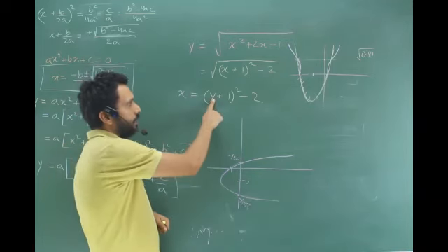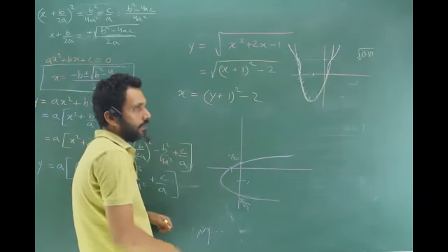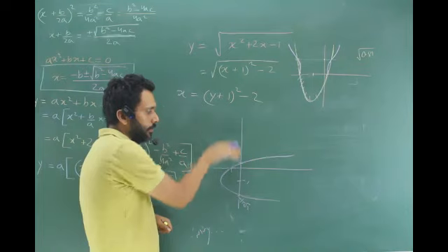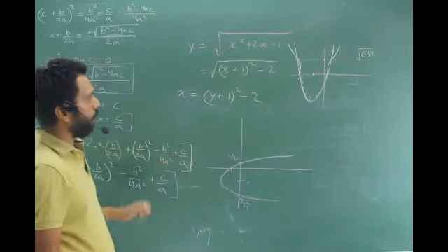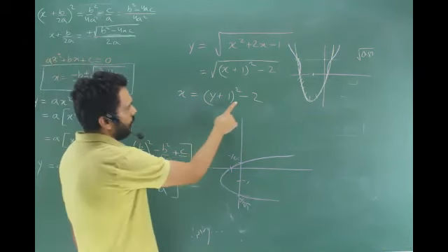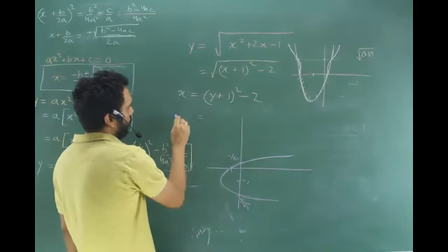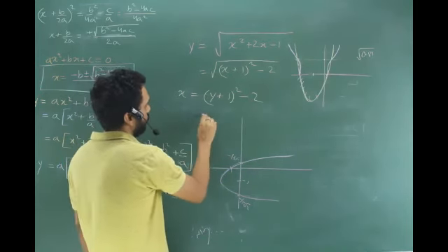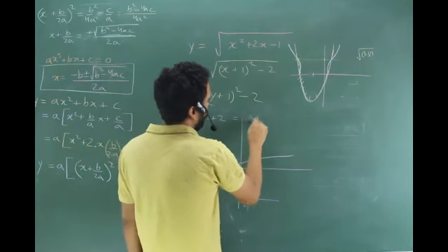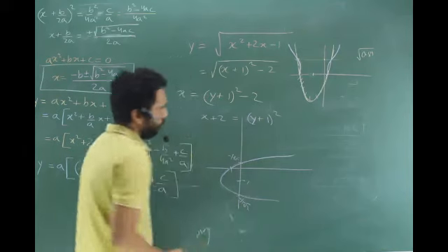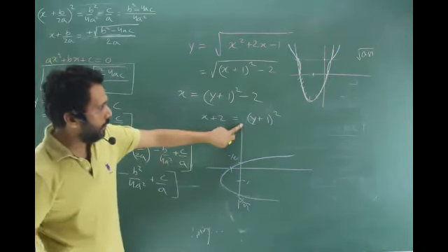In the y, instead of y, I put a y plus 1. It will shift backwards in y. This is your y axis. It will shift backwards. Okay, but you do it yourself. You are just replacing. Now if I ask you to plot the graph, I take this side. What does it become? x plus 2 is equal to y plus 1 whole square. Is this different from this? No, sir. It's the same thing, right?